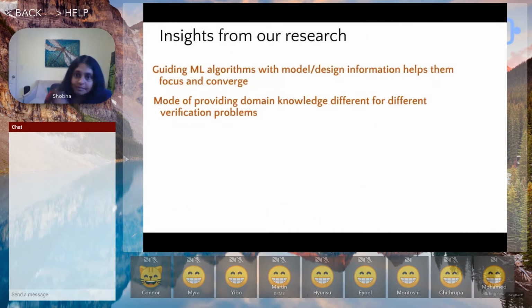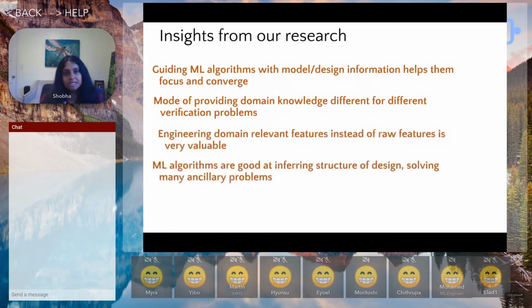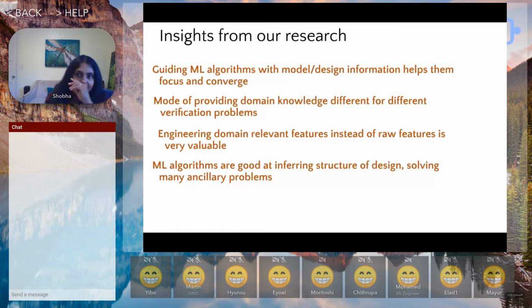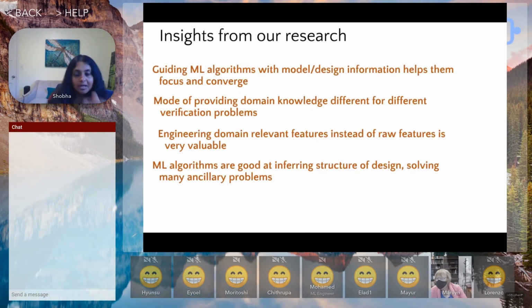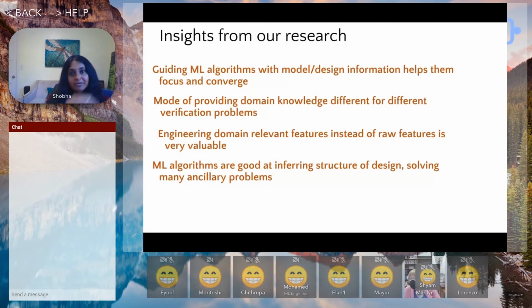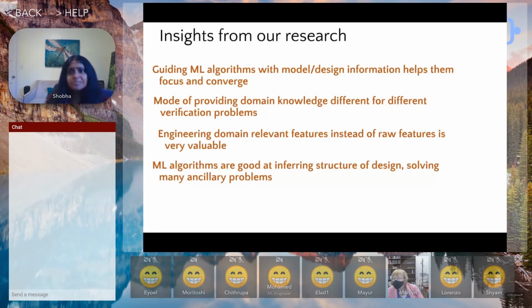So I think most of these insights I have touched upon, and we will talk about them later as well. But I think the high order bits from this part of the research, from applying ML and static analysis on a problem by problem basis, it turns out that almost in every case, guiding the ML algorithm with model or design information helps the ML algorithm focus and converge extremely fast, to the orders of magnitude fast. And I'll show you some results, hopefully, to